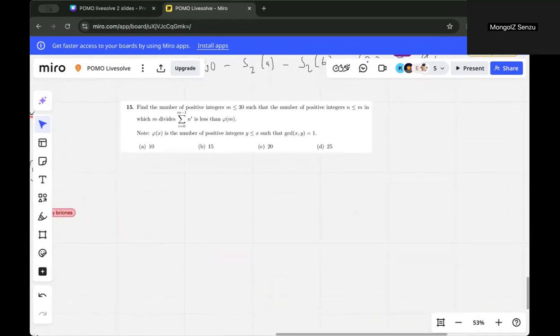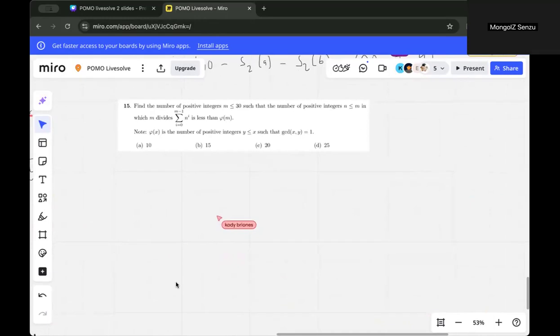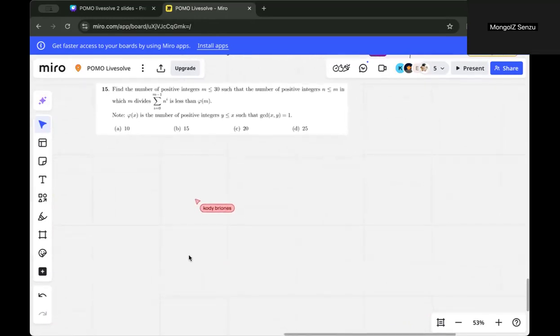This will probably take a long time to discuss, but let's just try to understand this question with an m equals 30 case. If m equals 30, we're basically asking how many numbers n less than or equal to 30 are there